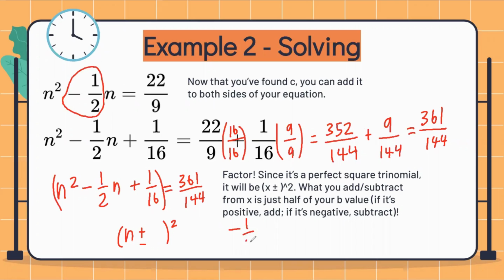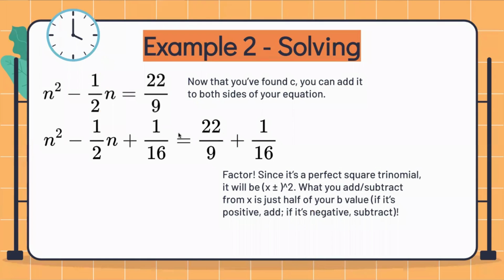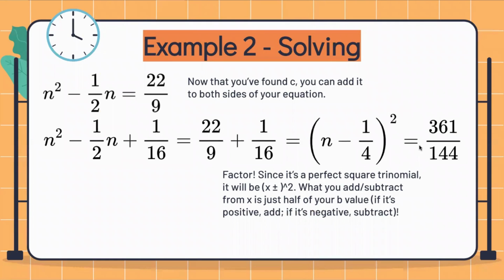If I find out what half of that is, I would get -1 over 4. And since our value is negative, you just have to subtract it from n. So that would give you n minus 1/4 squared equals 361